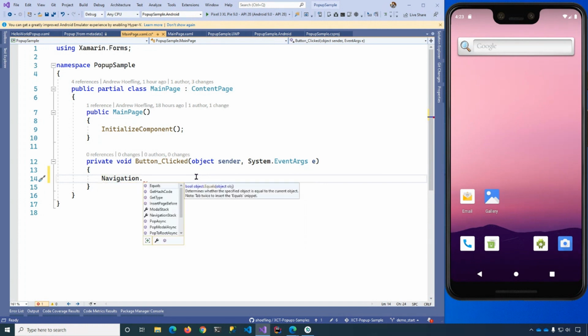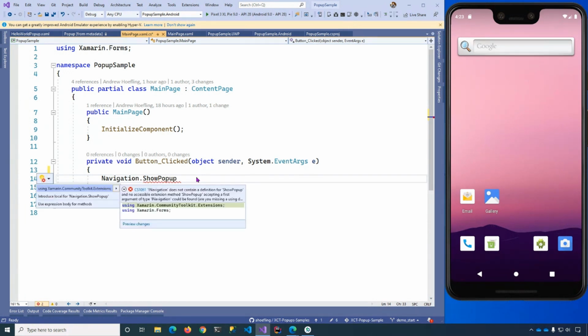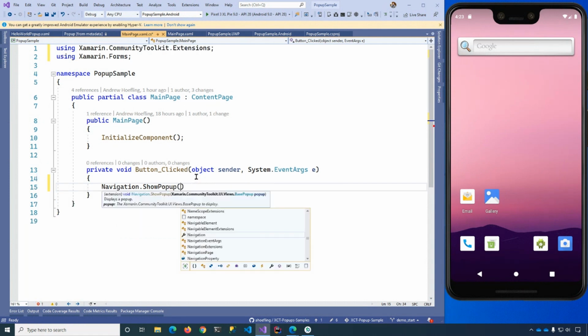So I'm going to say show pop-up. But we need to add our extension method. So I just hit Control dot on my keyboard. I'm going to say using Xamarin Community Toolkit .extensions. And now we can display our pop-up. So I'll just say new hello world pop-up.